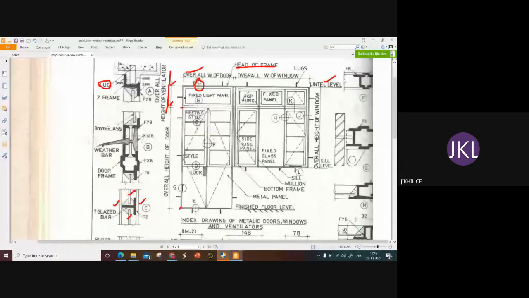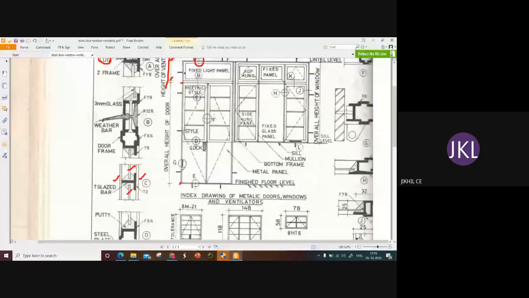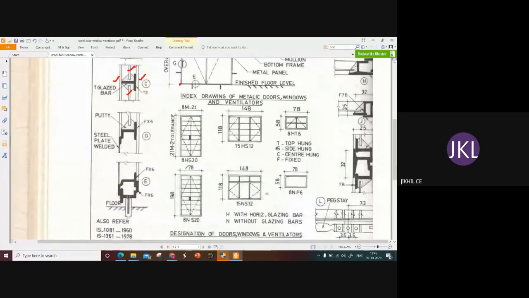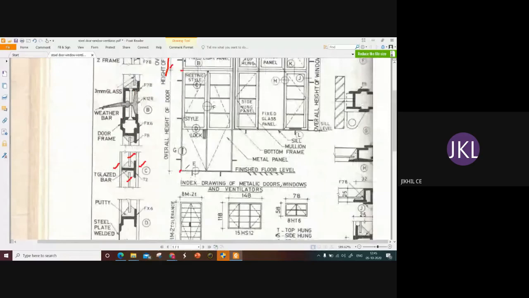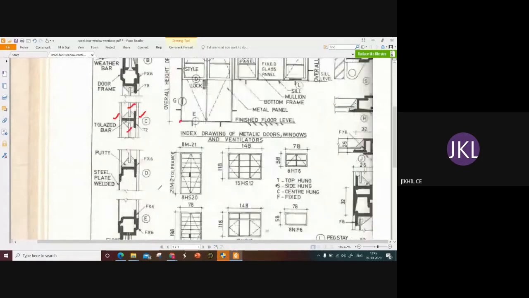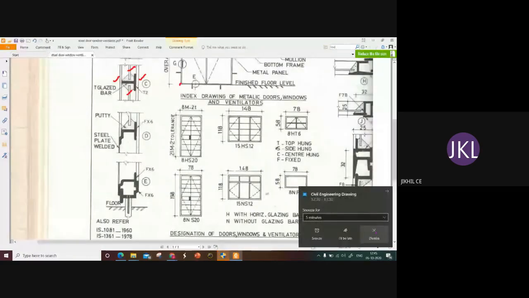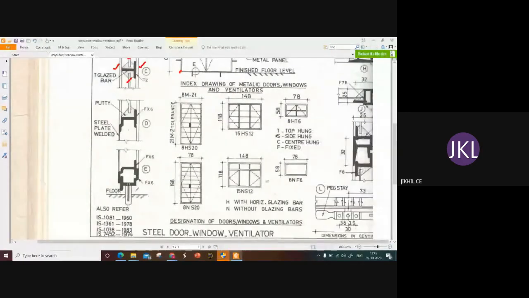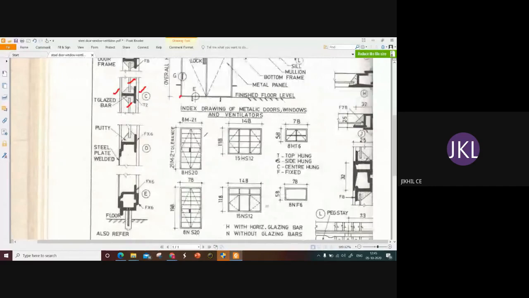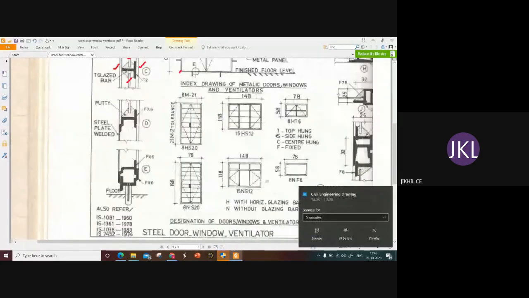At the side portion, they connect the door or window towards the wall. G is on the right. G we will see later.